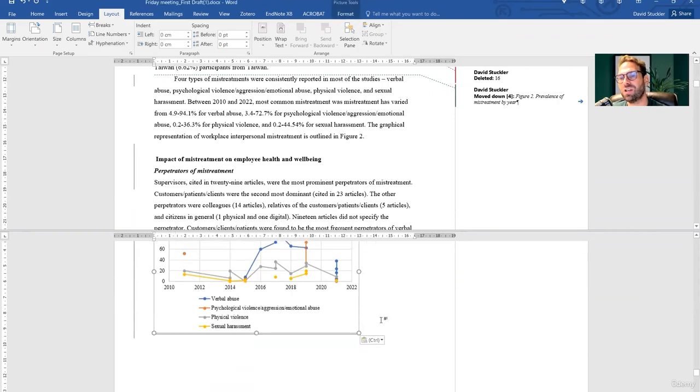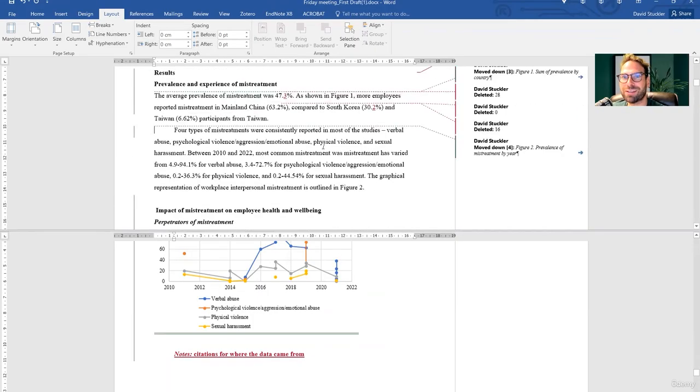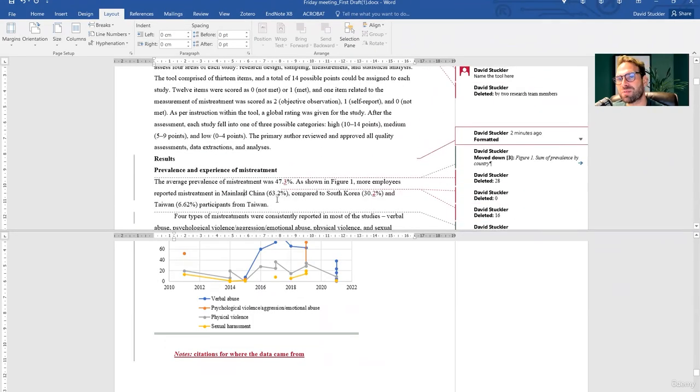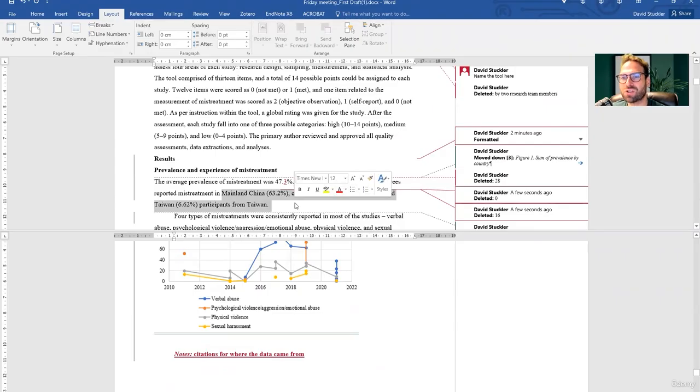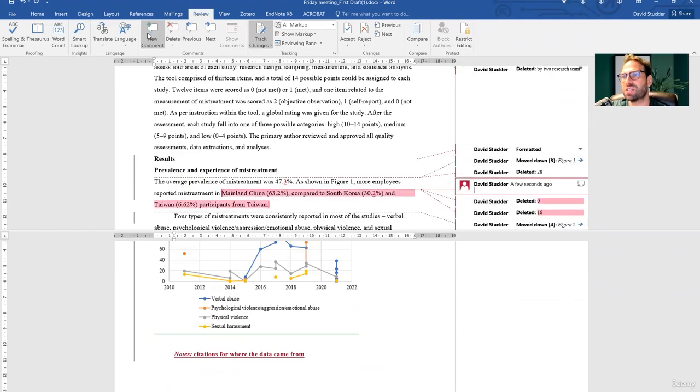You need to cite for each of these. So you made this figure yourself. You need to put in the notes the citations where these data came from. I have to say though, I think you've pulled these together from multiple studies, which I really like. I don't understand where these estimates came from. Are these your estimates that you've consolidated from the studies? Where do these come from? It just needs some citation. I read that and I'm like, okay, where did this come from?